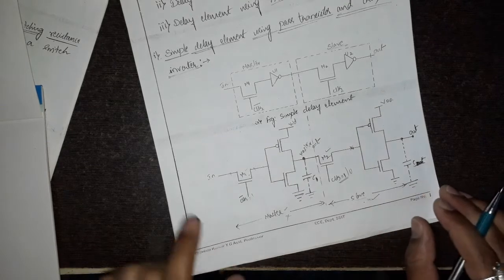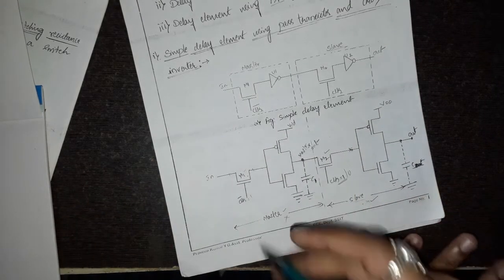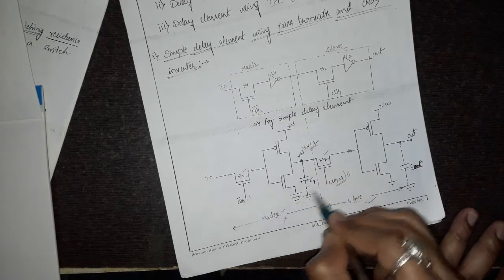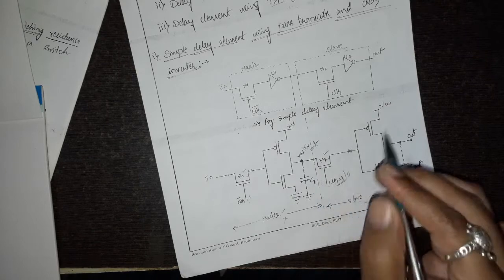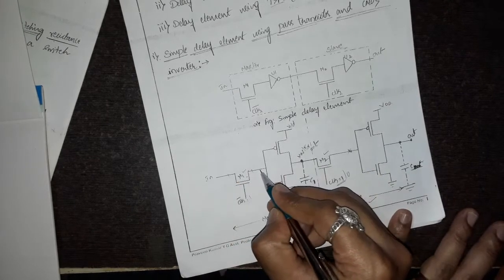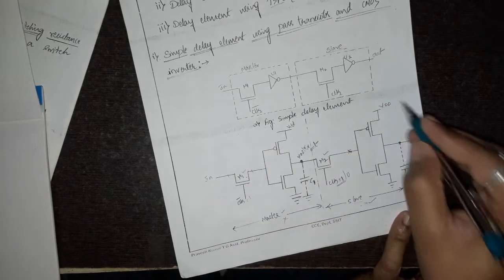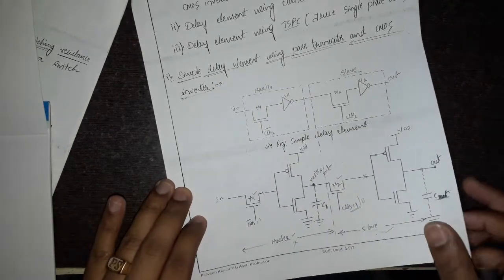So there will be no connection from input to the output when clock is 0. Thus C1 obtains the voltage from the input value while clock is 0. So this is the circuit which represents a positive edge triggered delay element,